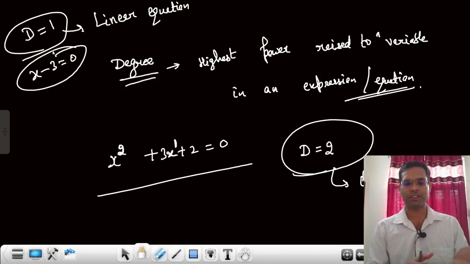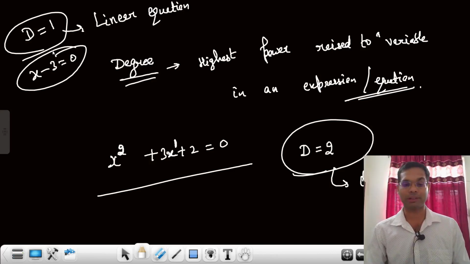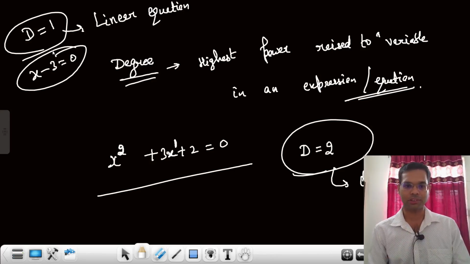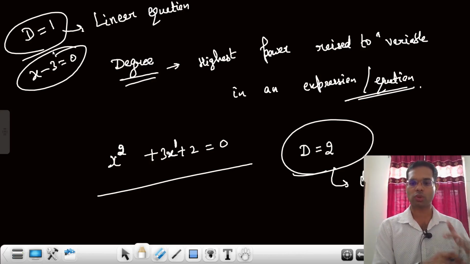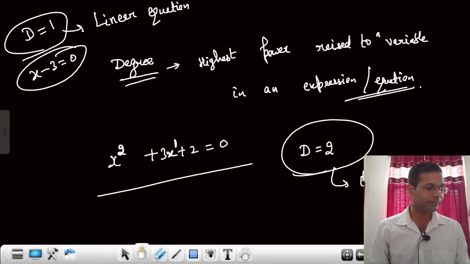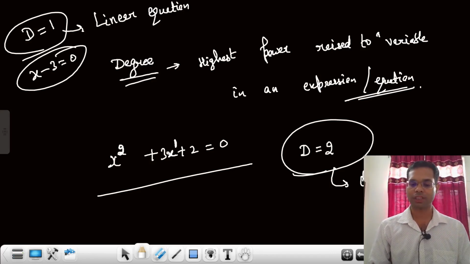Now, presently, we are discussing quadratic equations. Mostly we are dealing with only one variable now. We can have more than one variable, but as of now, starting with one variable and power 2, it's a quadratic equation. If the degree is 3, what will it be called? It will be called a cubic equation. Anyway,